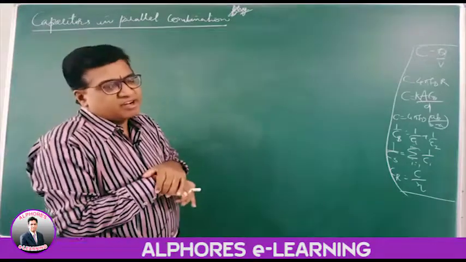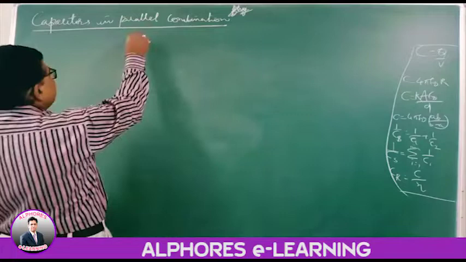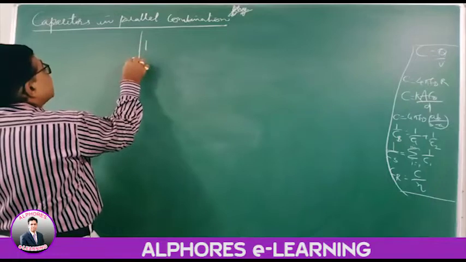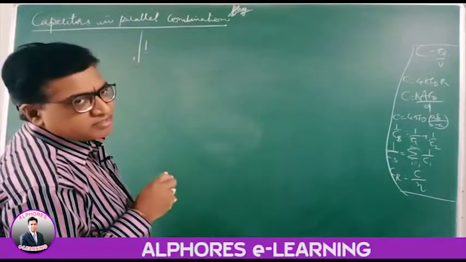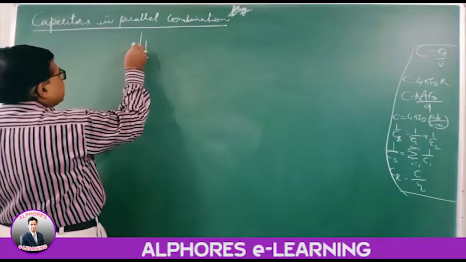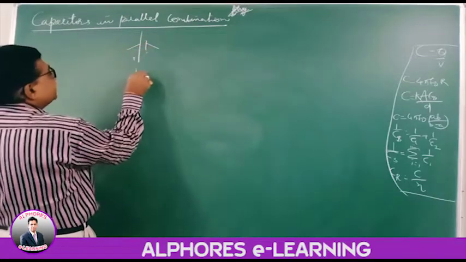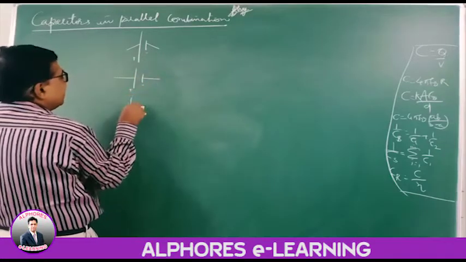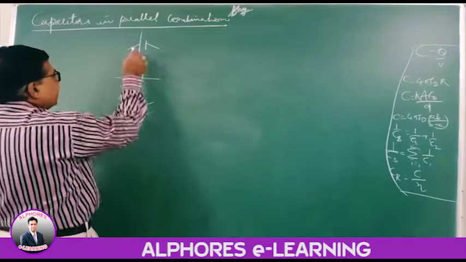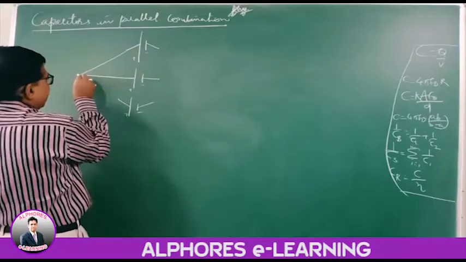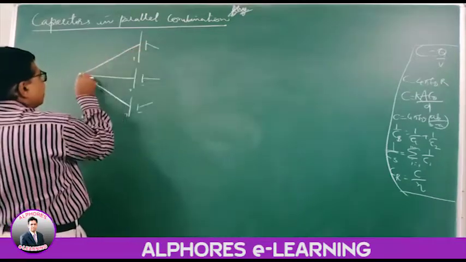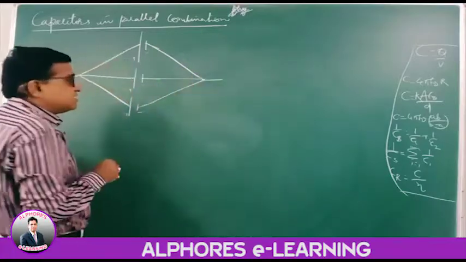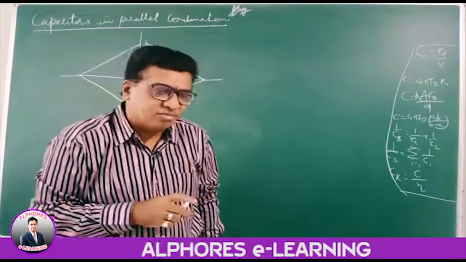Well, coming to parallel combination, suppose I am considering a cell like this. This is the positive terminal, this is the negative terminal. Of course, every element has two terminals, positive and negative. If I take another element like this, plus or minus, so it's positive, it's negative. Another element like this, plus or minus. If I combine all the like terminals of the elements, all the like terminals on one side and all the other like terminals on the other side like this, then such combination is termed as parallel combination.